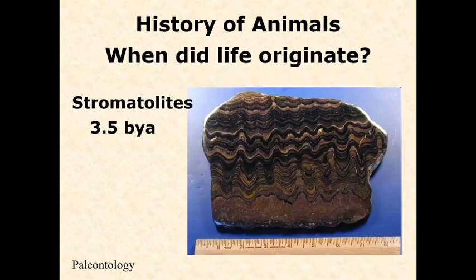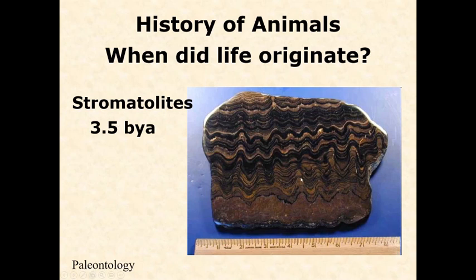And actually I'm going to start, the very first one is really not animals, but I'm going to mention it because it is the earliest sign of life on Earth. Stromatolites are fossils of colonial prokaryotes. And there are still very similar things around today. Off the west coast of Australia, we can find very, very similar organisms to these earliest colonial organisms. Now, it's likely that there were living cells on Earth before. They were so tiny they didn't fossilize and maybe weren't as common. But certainly by 3.5, and in fact, most scientists now push this back to about 3.8 billion years ago, there were living cells on Earth.